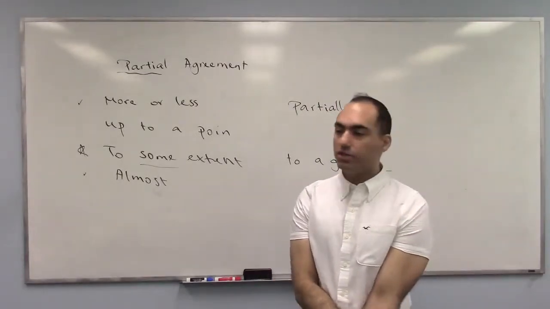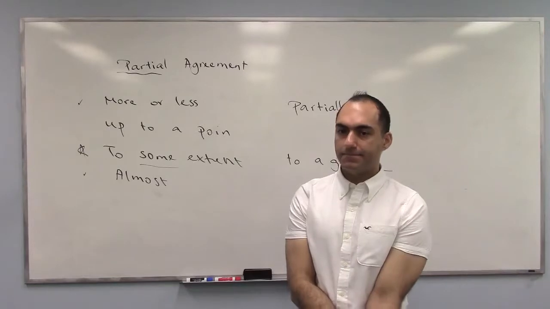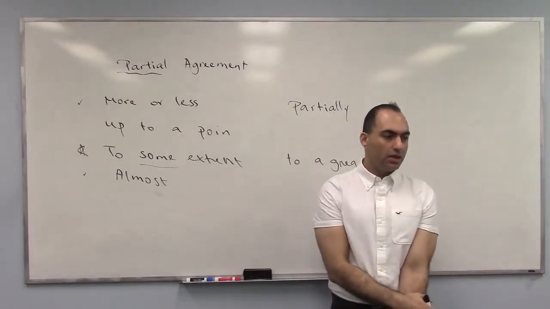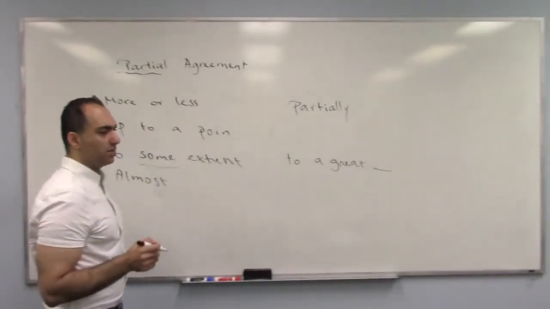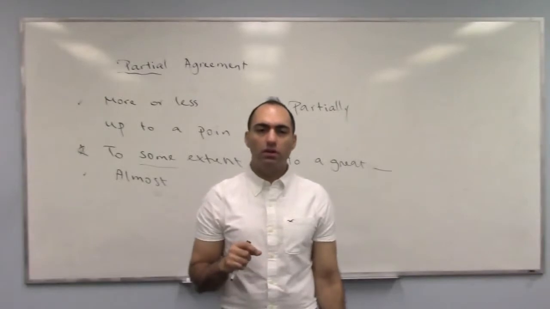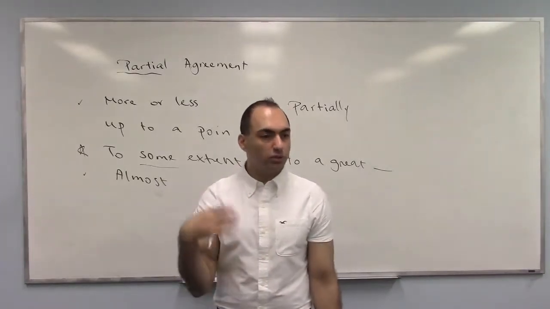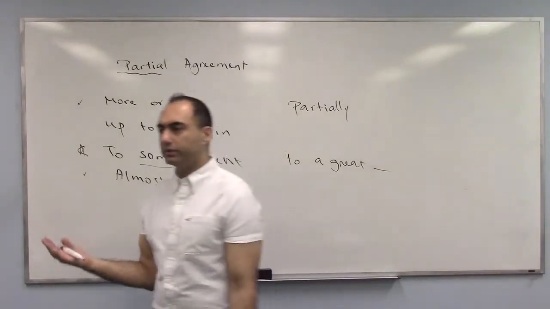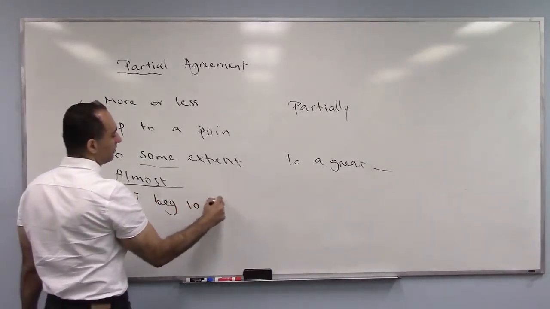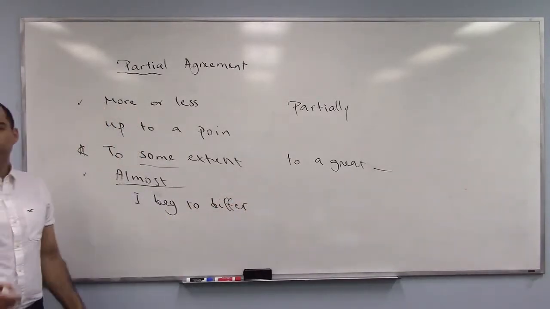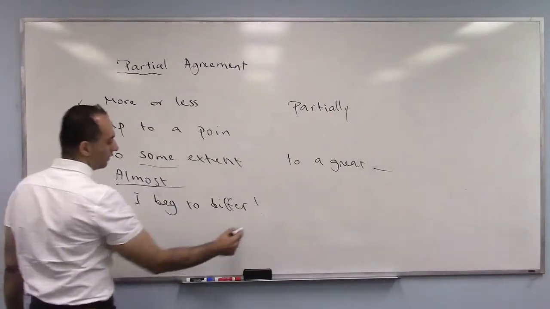So if you say I partially agree or I partially disagree, do you agree? Not completely. Sometimes you partially agree. So in IELTS, for example, they give you one statement with two premises. You can say I partially agree with the statement. I agree with the fact that, but I disagree with something. In speaking, we say I beg to differ. I beg to differ is a polite way of saying I disagree. I differ means I have a difference with you. I beg to differ with you